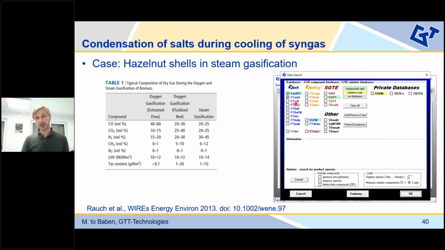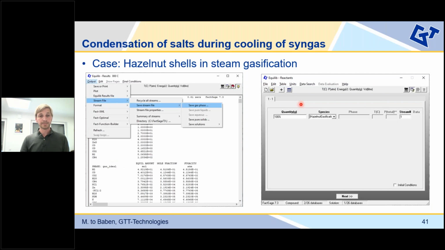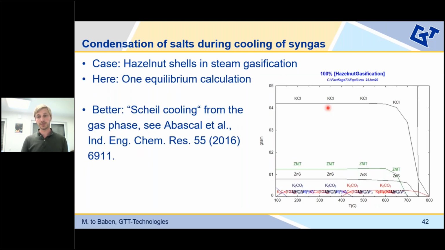Just a short note on the database selection. I recommend here not using FTsalt, even though we know that we will have deposition of salt mixtures. The calculation time will be much higher, and probably the result will not be that much different. For very accurate calculations, you can, of course, include FTsalt. Okay, and then I did one calculation at 800 degrees C. I saved the gas phase as a stream file, which I then load again in EquiPhase, and then I do a simple calculation where I decrease temperature from 800 degrees C to 100 degrees C, and I look at the